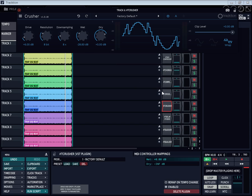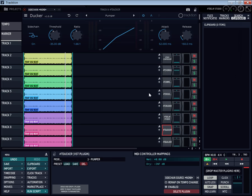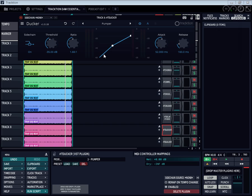All right, that's the Bit Crusher. Man, this plugin right here just took delaying to a whole other level. It's called the Delay Studio, and we're going to get into that one. And there's the Ducker. I won't be really able to show you too much with the Ducker because